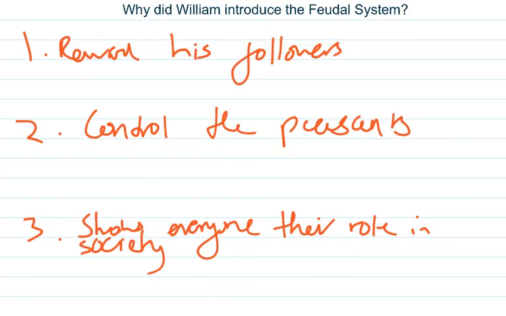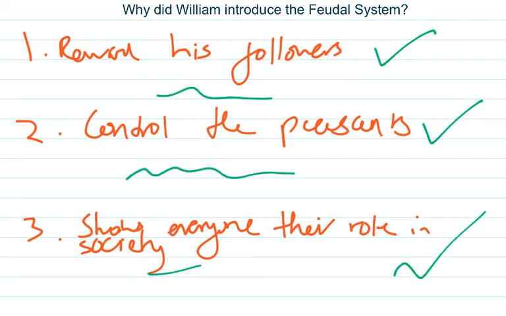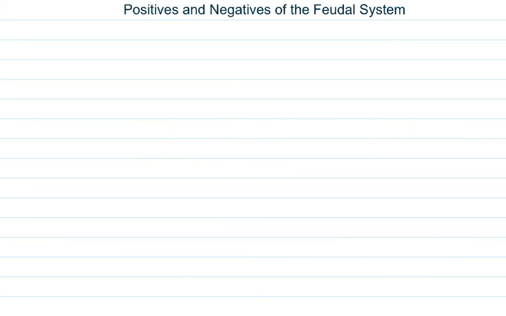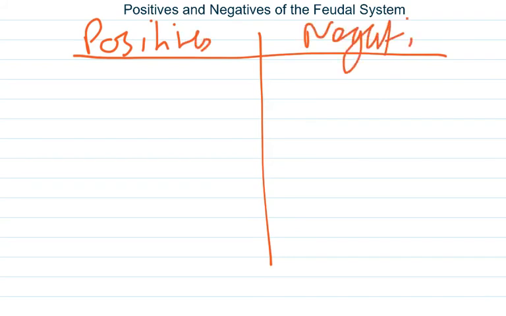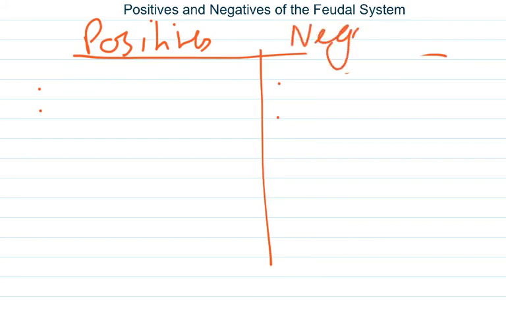Good. So make sure if you've got them, obviously green pen. If not, can you add them in green pen, please, underneath whatever you've written already. We're almost done, folks. Now, I just want you to do, and use a ruler, unlike me, positives and negatives. I want you to spend about, well, let's say a minute, and come up with 2 positives and 2 negatives of using the feudal system, please. So do that now. Pause the video and then unpause it. And we'll see if your ideas match mine.